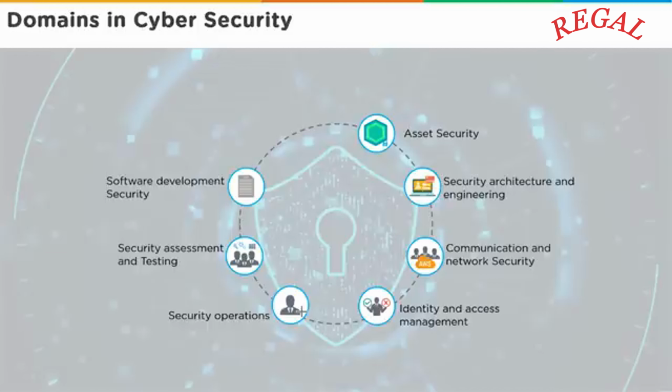Software development security. If you're an organization developing software and going to sell that software to end users, security becomes a huge part, because the end user or the buyer, if it is an organization, is going to ask what kind of security testing was done on that application. That brings us to the software development life cycle, which talks about how you're going to create that code, how you're going to test that code, and ensure that the code is secure enough. So you need to follow secure coding practices, and you're going to test the software over and over again till you're satisfied with the outcome.